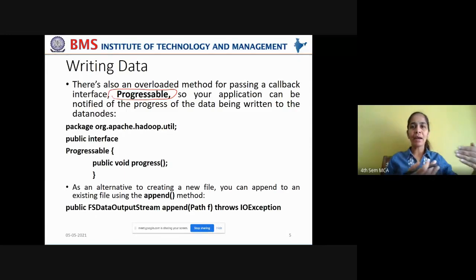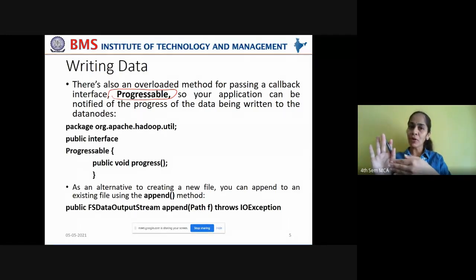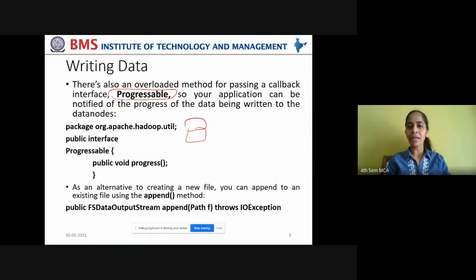Now that data is being written onto a file on the HDFS cluster, and not onto a single file but onto many files, because copies of that file have to be maintained. And also remember, the data is not stored as a single file. It is fragmented into blocks and is written onto many files that reside on various data nodes.